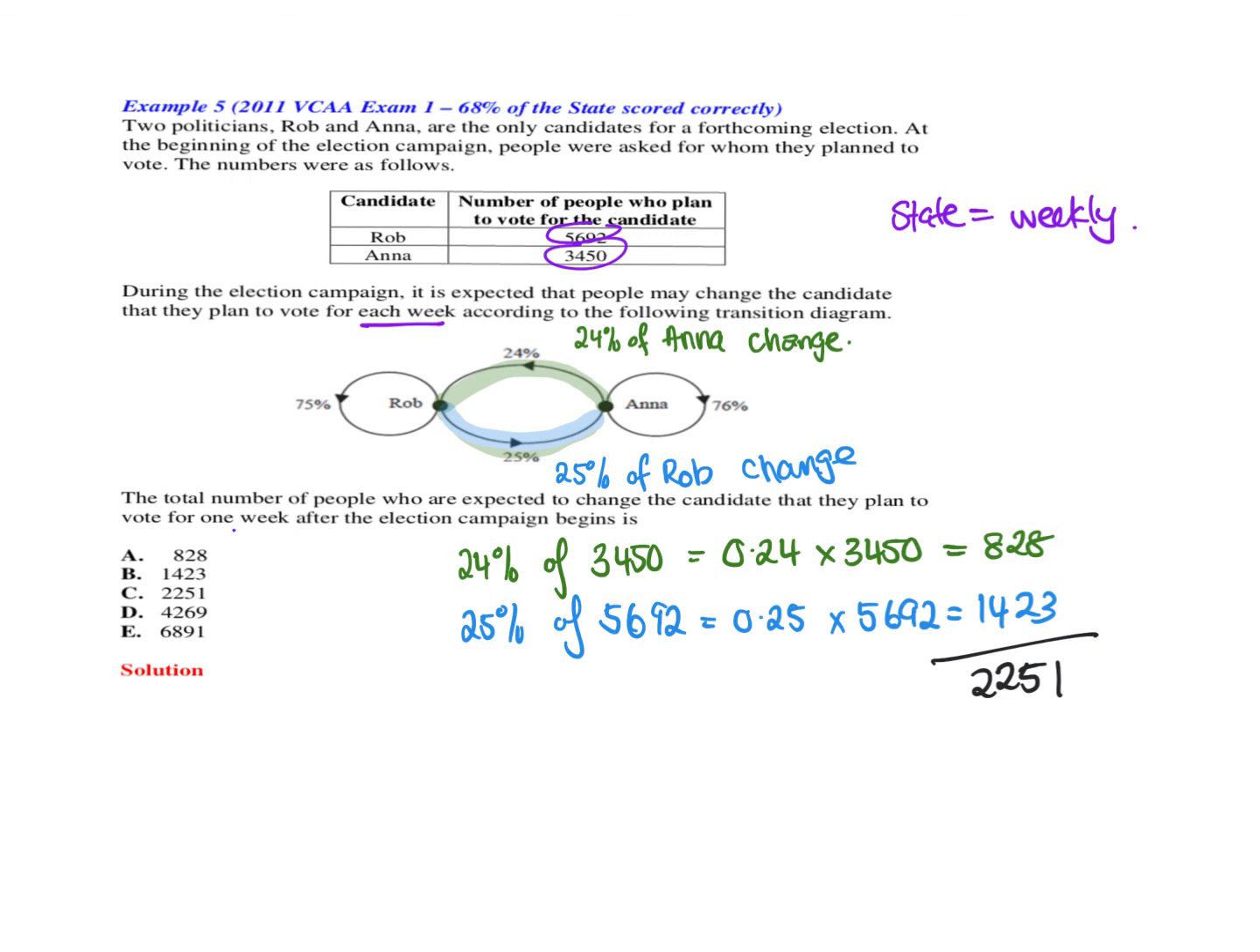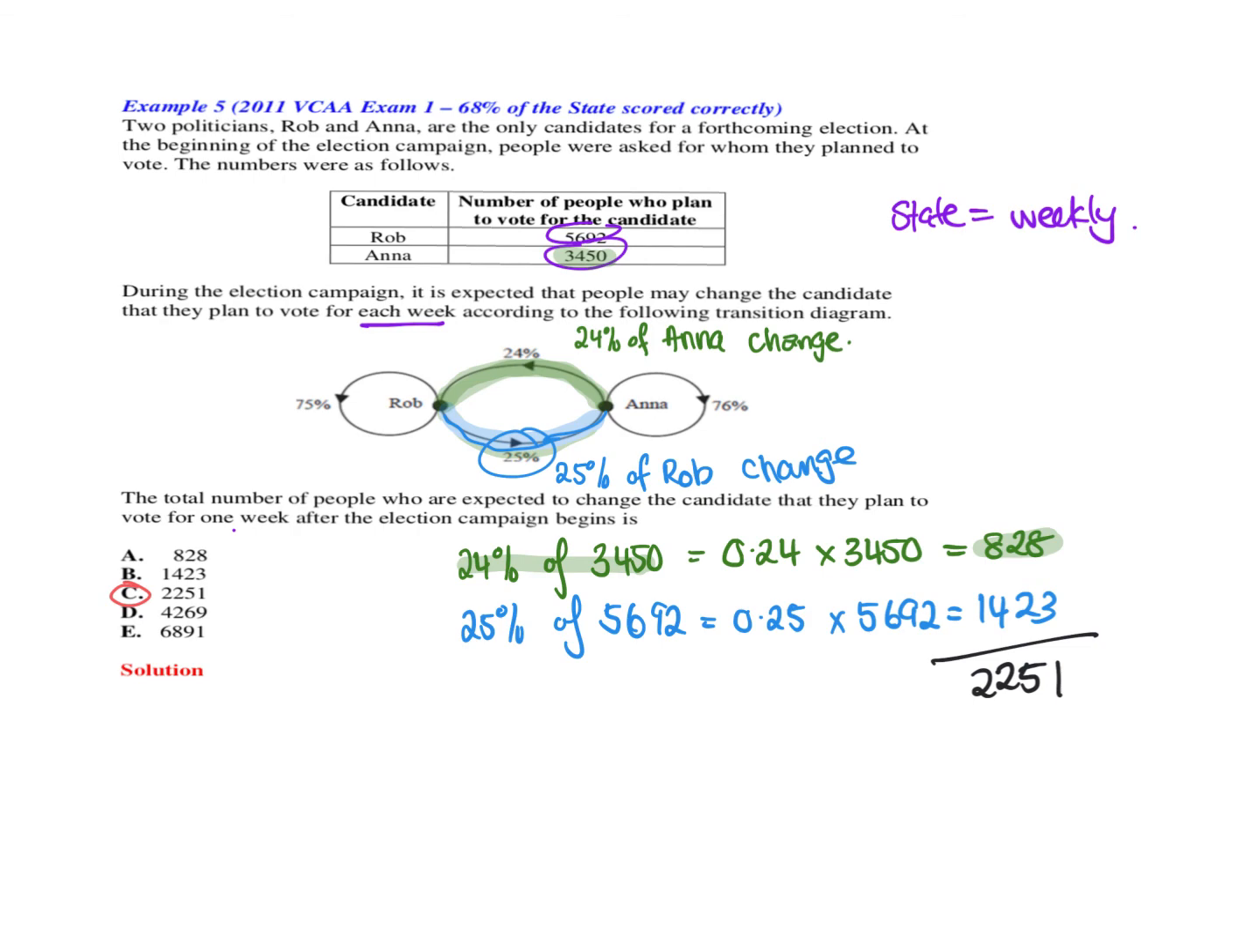So this is where I've highlighted in the green here. 24% of Anna will change to Rob. So I'm doing 24% of Anna's numbers, so 24% of 828. And then people who changed from Rob to Anna was 25%, so 25% of Rob's voters changed. So then I've got the two changing amounts and I add them together, and that's how I got that answer here of